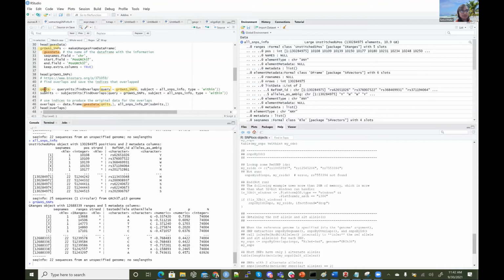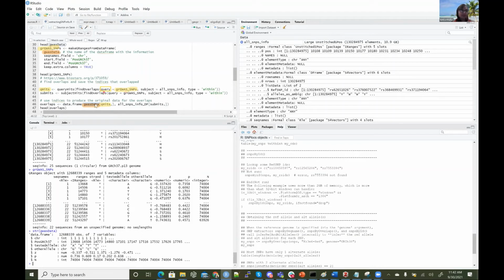Query, Q hits, tells you the rows to use for GWAS SNPs. And then you use the corresponding data that gave you GWAS SNPs, which is GWAS data. That's a data frame. So if we look up str of GWAS data, it's going to be a data frame. So we can move that here. And query hits, Q hits, this is for